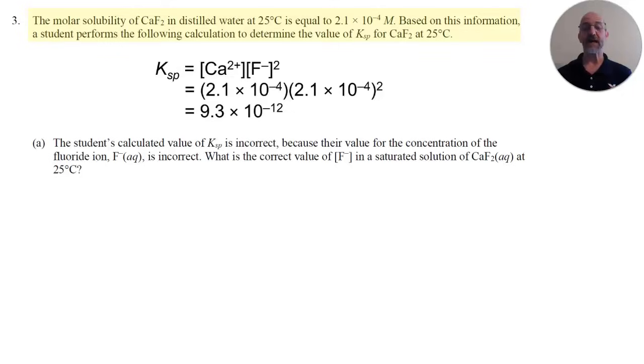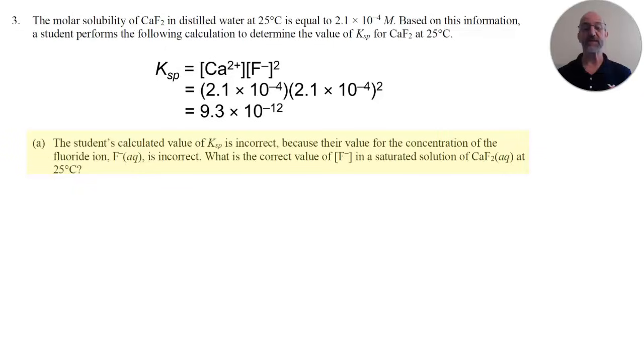So here is the student's setup. We can see concentration of the calcium ion times concentration of the fluoride ion squared. They plugged in 2 different values and they did the math and they got 9.3 times 10 to the negative 12. Now in part A it says that the student's calculated value of KSP is incorrect because their value for the concentration of the fluoride ion, F-, is incorrect. So what is the correct value for the concentration of the fluoride ion in a saturated solution of calcium fluoride